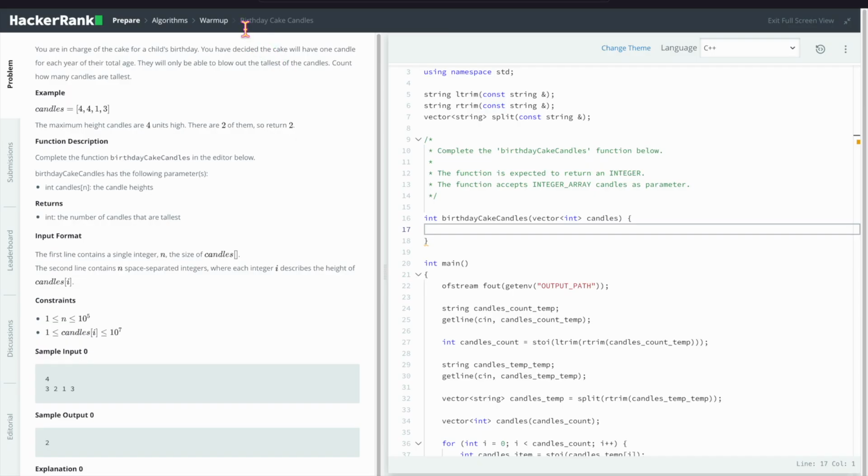Today we will see one more challenge, that is birthday cake candles. What the problem statement is saying, let's read it out. You are in charge of the cake for a child's birthday. You have decided the cake will have one candle for each year of their total age. If total age is 10 years, then